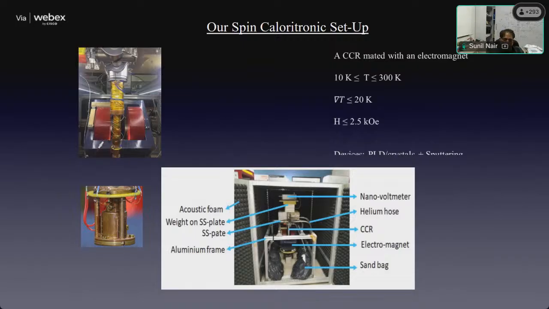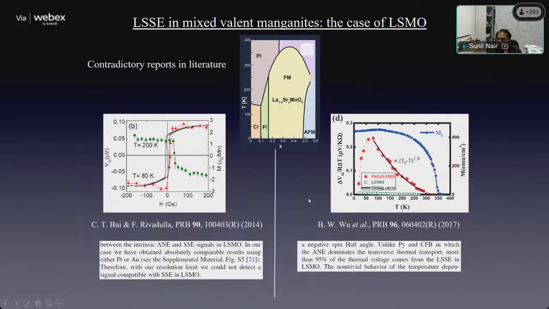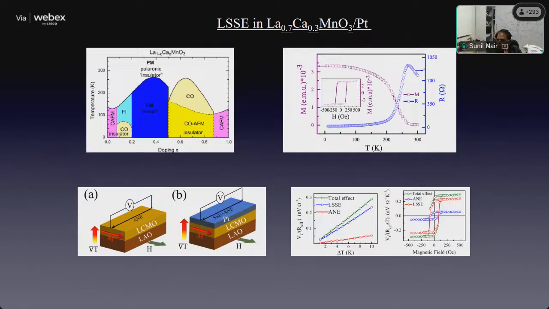Now, at least when we started, the first problem we tried to tackle in these kinds of systems was that the signals are very small. What we realized is that we had to make an arrangement where the whole apparatus, including the nanovoltmeter used to measure the voltage, was inside a Faraday cage. By doing this, we could actually get very good data.